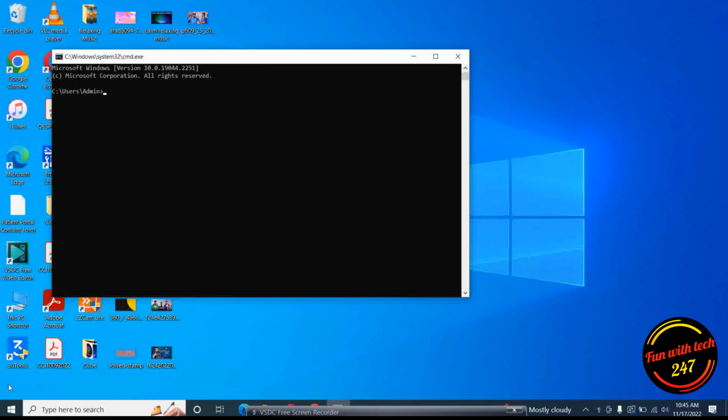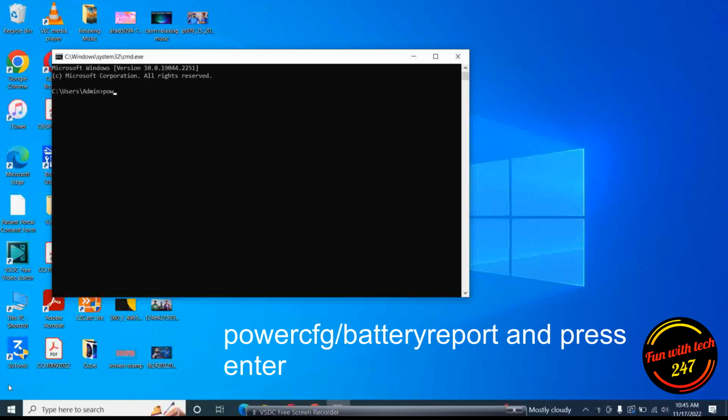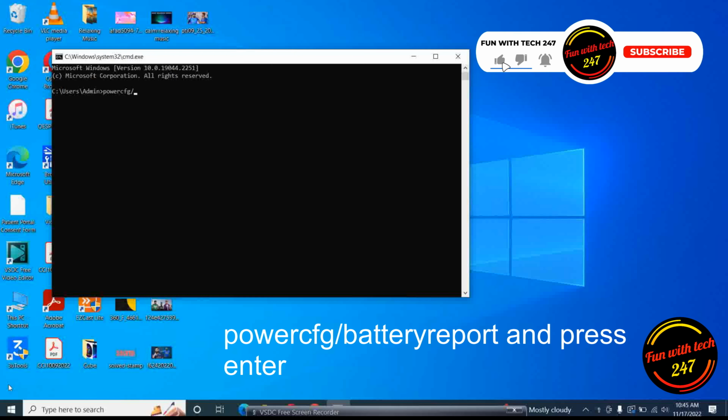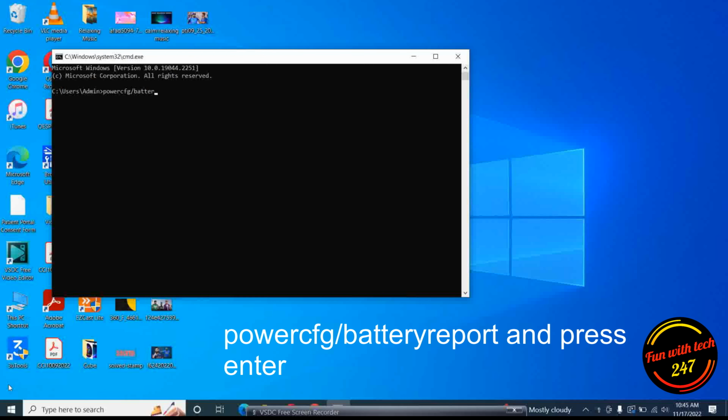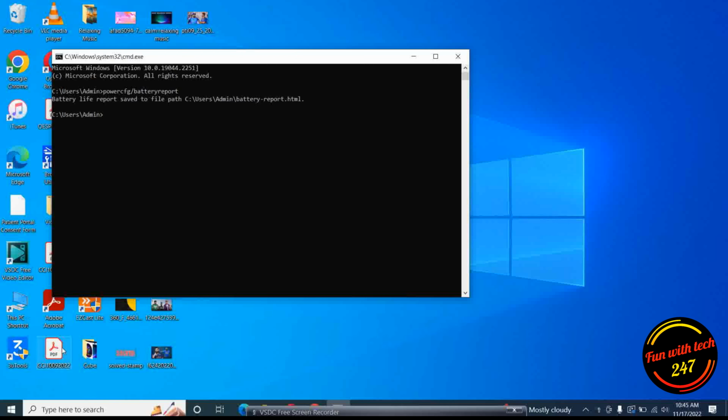Here you're going to type powercfg backslash battery report and press enter. After that, you get this path. All you want to do is just copy this path,